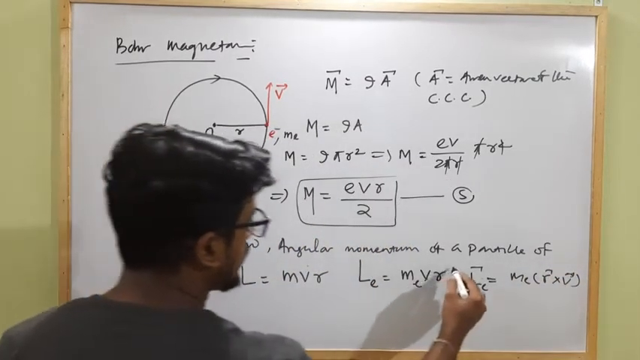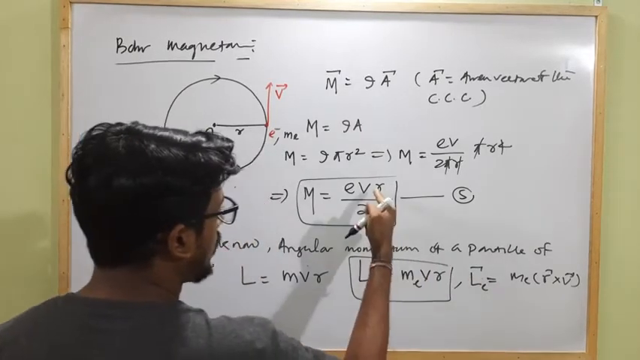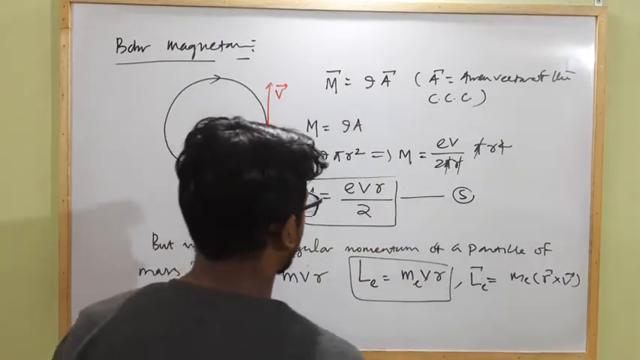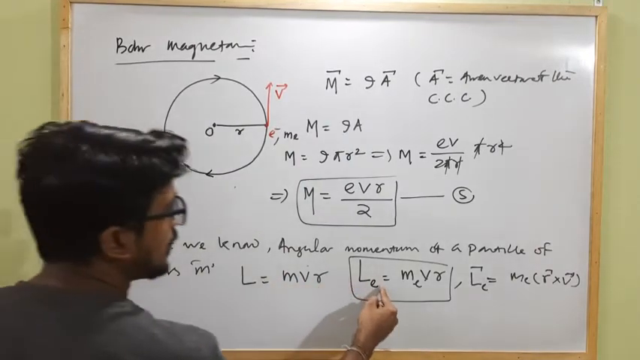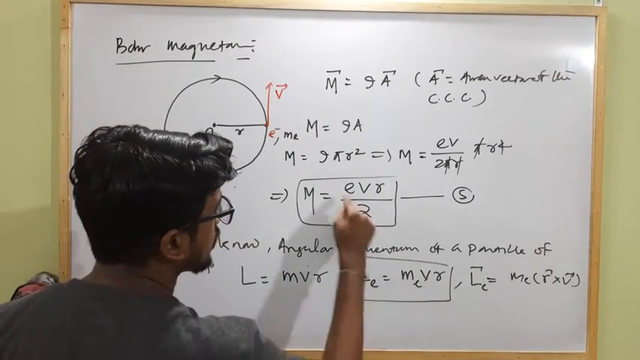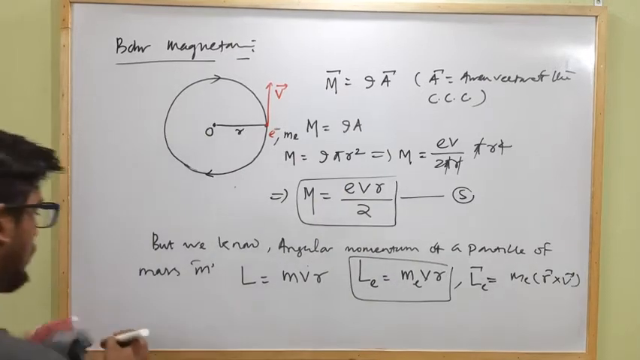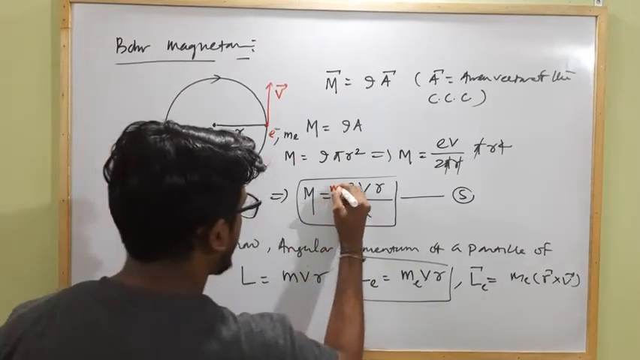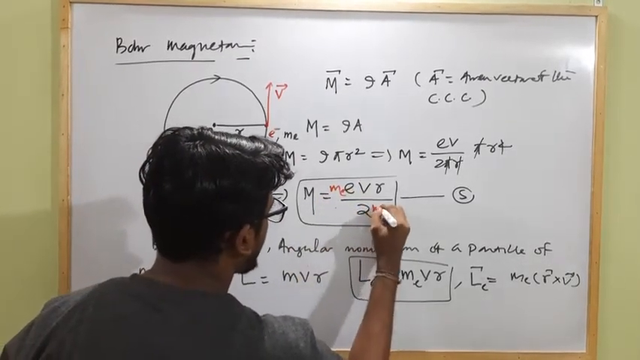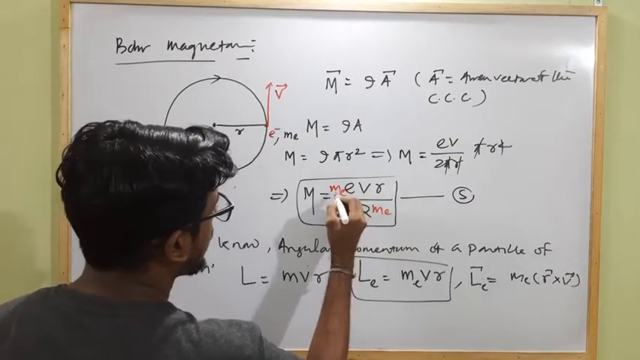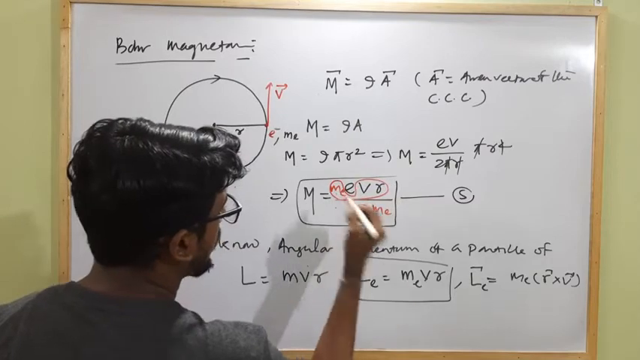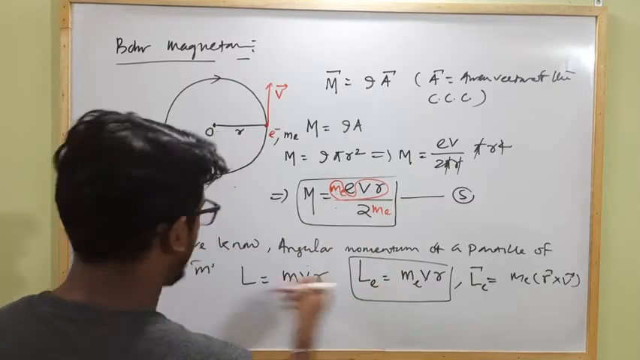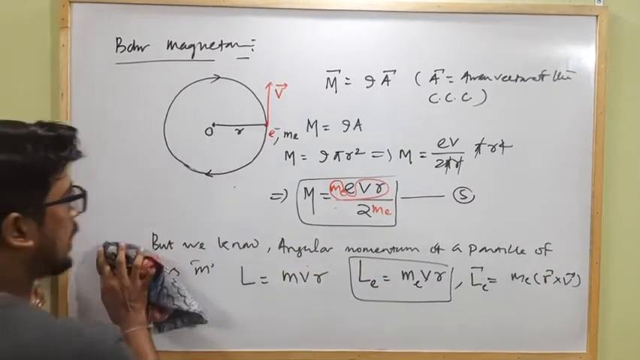Clear? So this is the angular momentum. Here we can get the angular momentum by multiplying and dividing by me. Angular momentum will be m v r. So if I am multiplying and dividing here with me, so me v r, this much will become the angular momentum L. So this can be written as